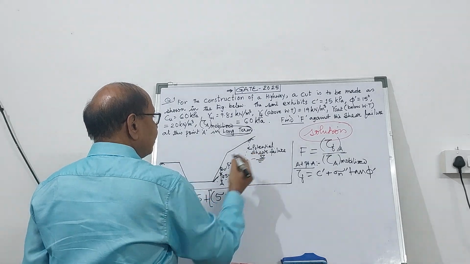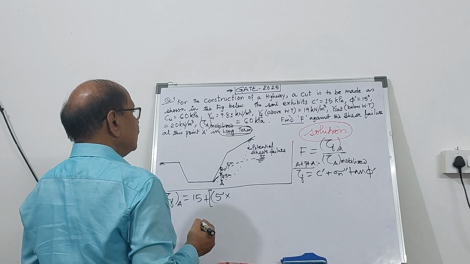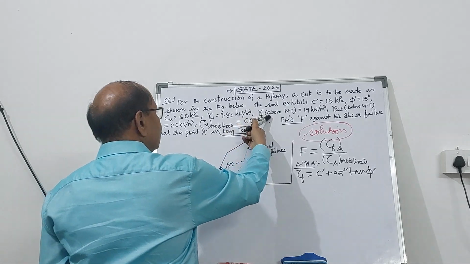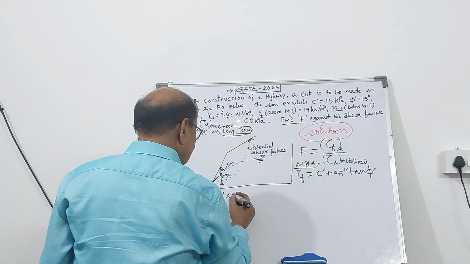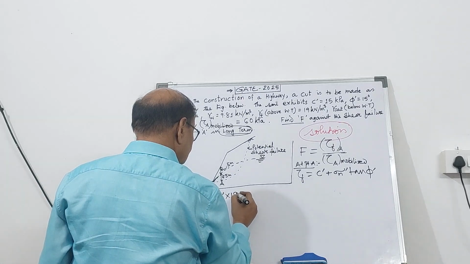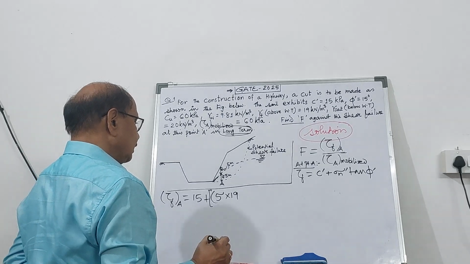This is your water table. So above the water table, the total unit weight is 19. So 5 into 19,